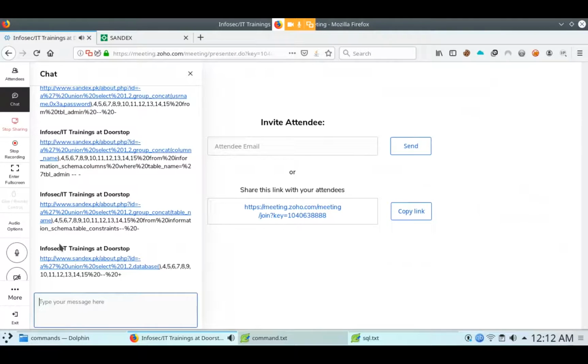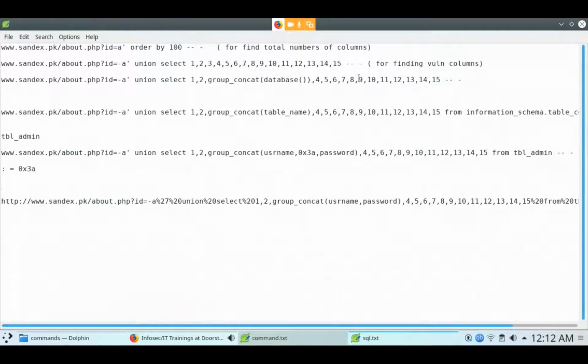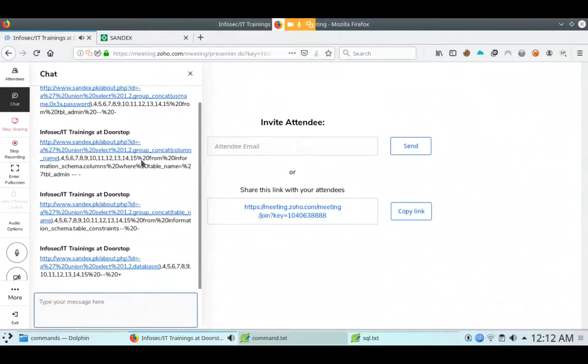Sir, what's the use of the second command? Group concat column name shows all the columns. Tell me about this one command. What will the second command be? The command is union select with group_concat of column_name.